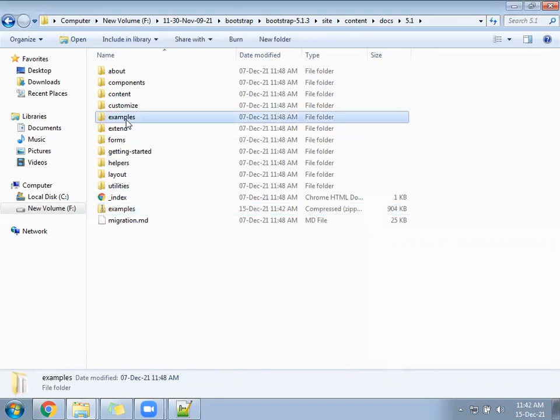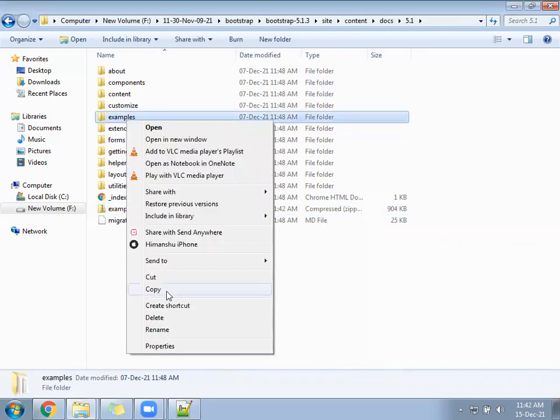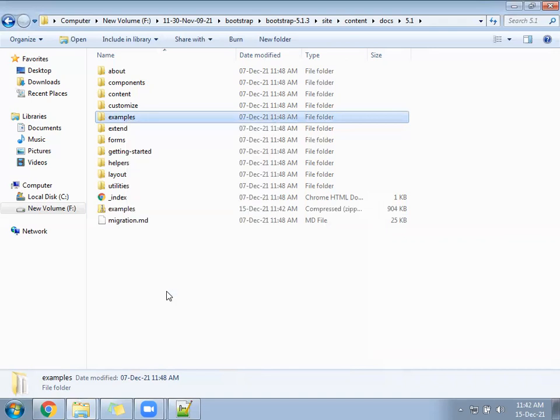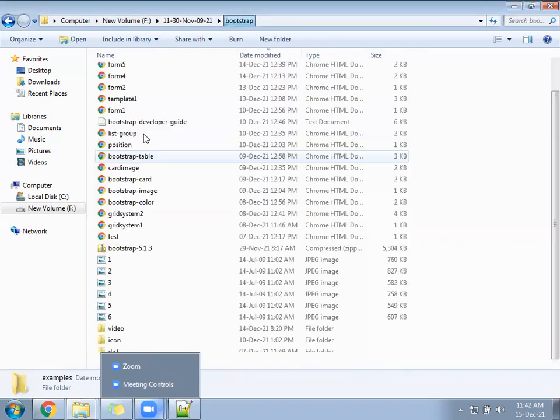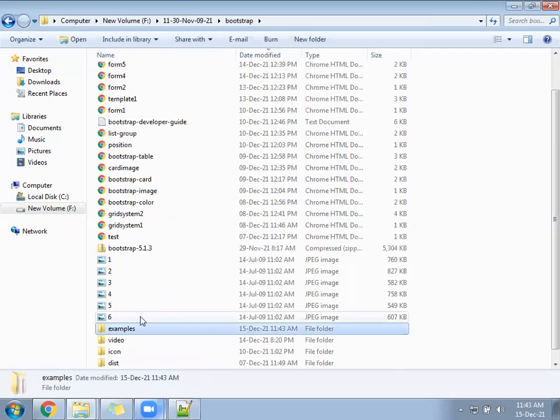If you found the example folder, copy that and paste it under the main Bootstrap folder, where we created the files. Under the example folder, many files are there that we require every time, so going inside is difficult. Better to paste that folder itself outside, so it will be easy. Go inside example, take the particular one and implement.